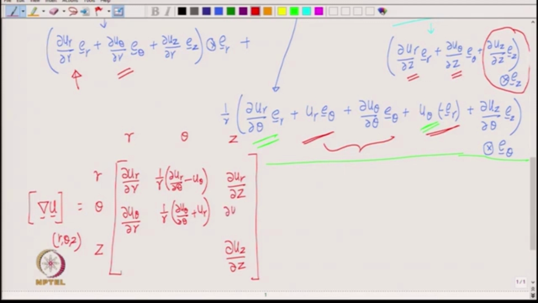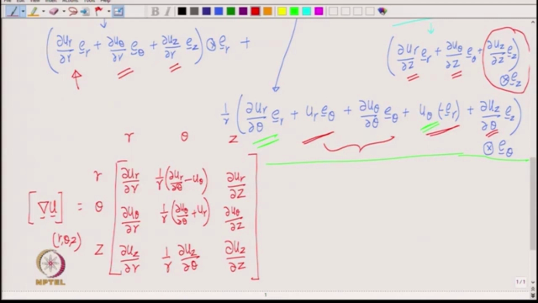So, we have del u theta over del z. What is E z tensor product E r? So, that is over here del u z over del r, and finally, what is E z tensor product E theta? So, that is this remaining term, the only remaining term. So, we get 1 over r del u z over del theta. Okay, so, that is the displacement gradient matrix,